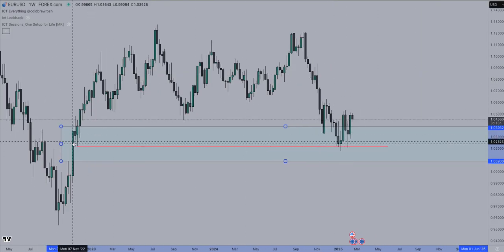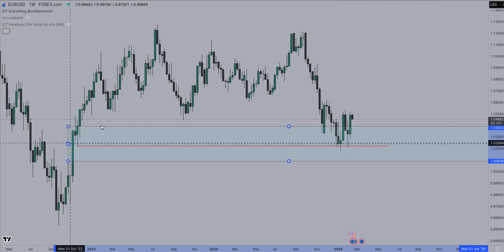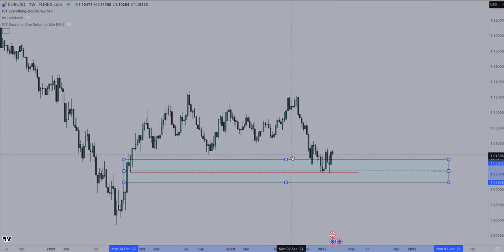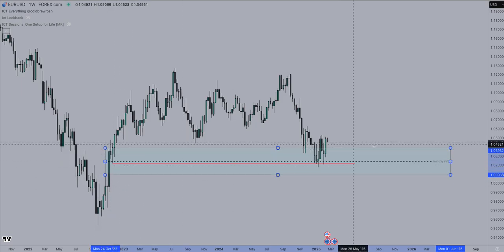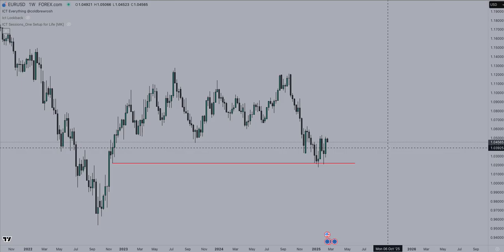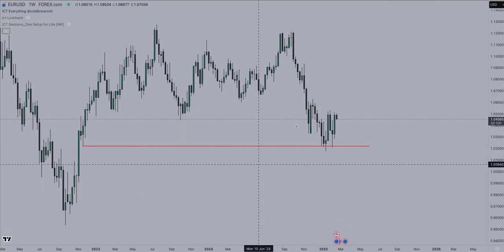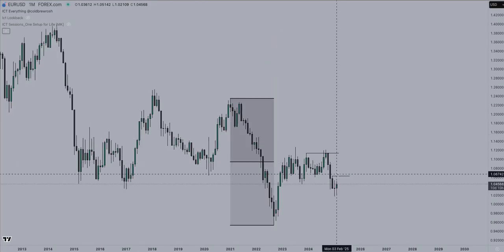Okay, so the blue box is our monthly fair value gap, and you can see that inside at 50% of the fair value gap there was this low. The price came and ran this low, so I'm now going to get rid of this box so our chart's nice and tidy. So this is the low, and let me just make sure that that is going to show up